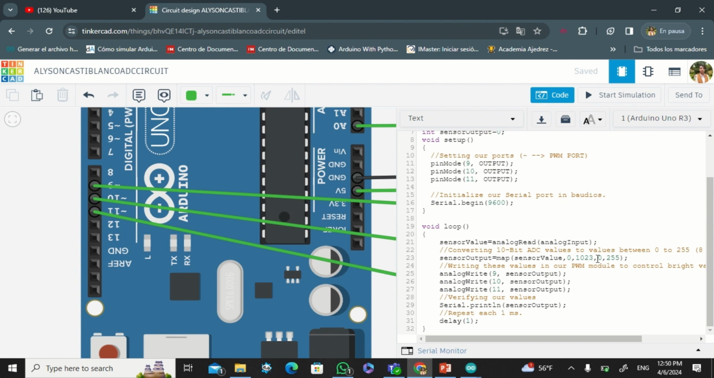So once we have the values, we're going to write these values with the analogWrite command. Yes, we're going to put the PWM port and also the value between 0 and 255. And in accordance with this, we can control the brightness. We have 0 if we don't have voltage, and if we have all the voltage,